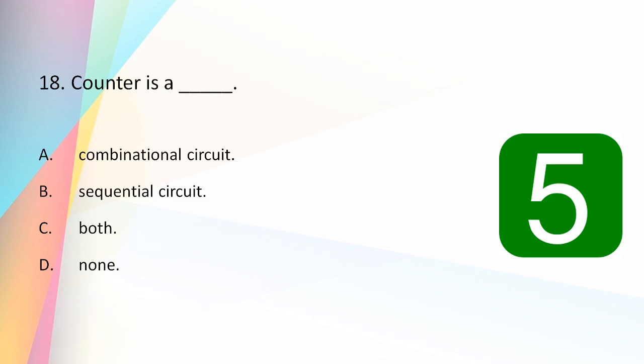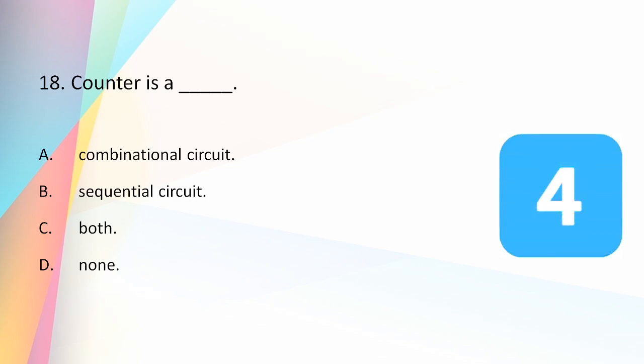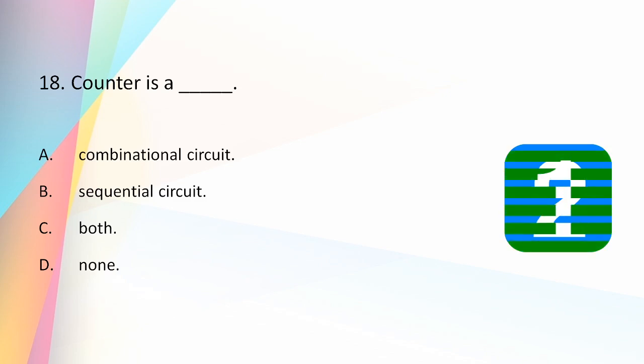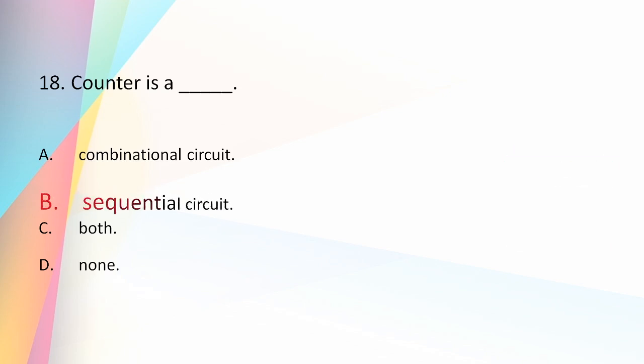Counter is a combinational circuit, sequential circuit, both, none. And here you go. And the answer is sequential circuit. A counter is a sequential circuit that keeps a record of the clock pulses sent through it. Like a register, a counter also consists of a group of flip-flops. However, a counter has a characteristic internal sequence of states through which it passes when a series of clock pulses are fed to it. So basically it operates in a sequential manner. So counter is a sequential circuit.